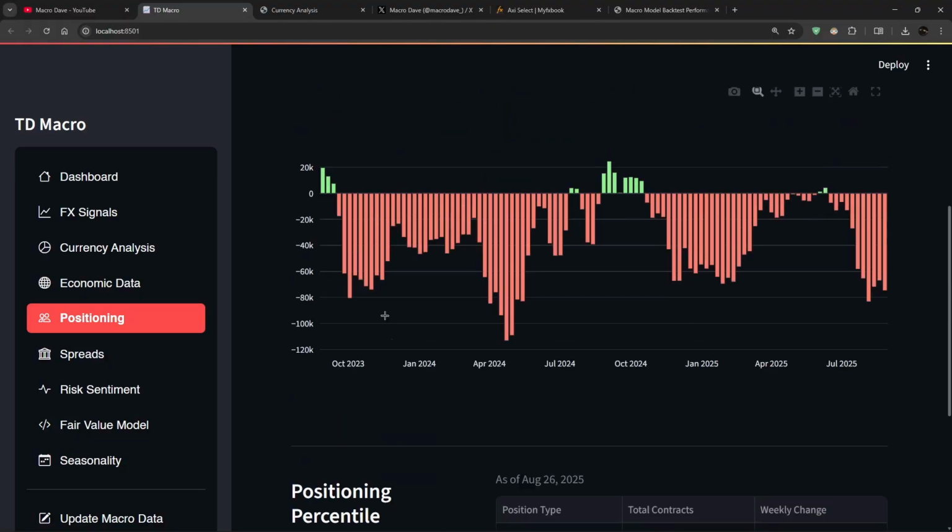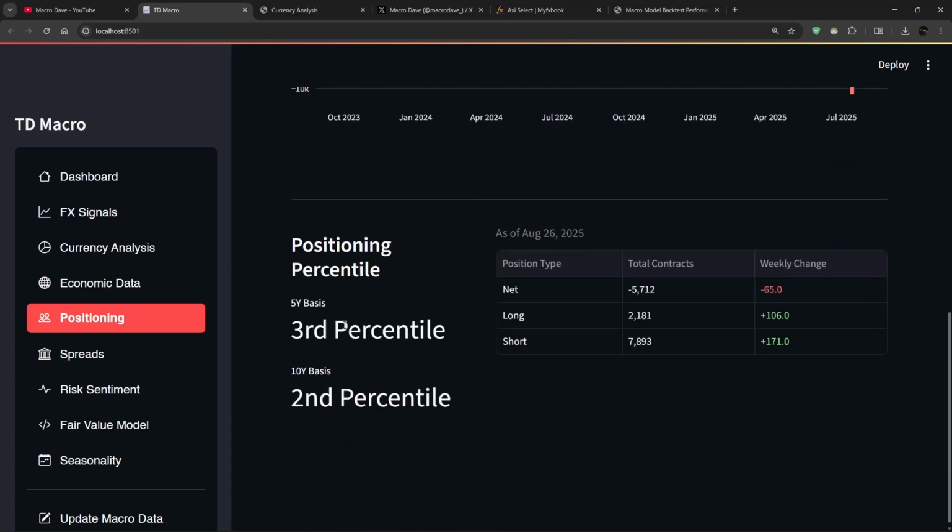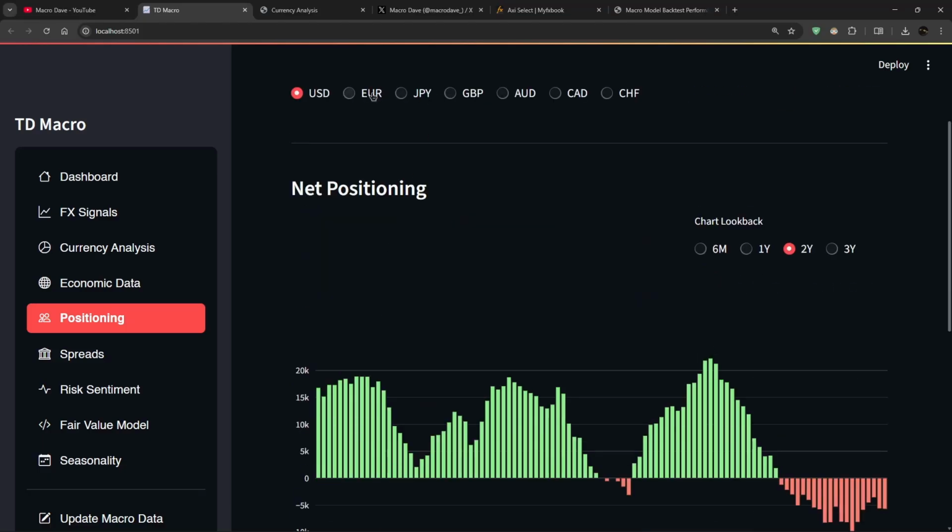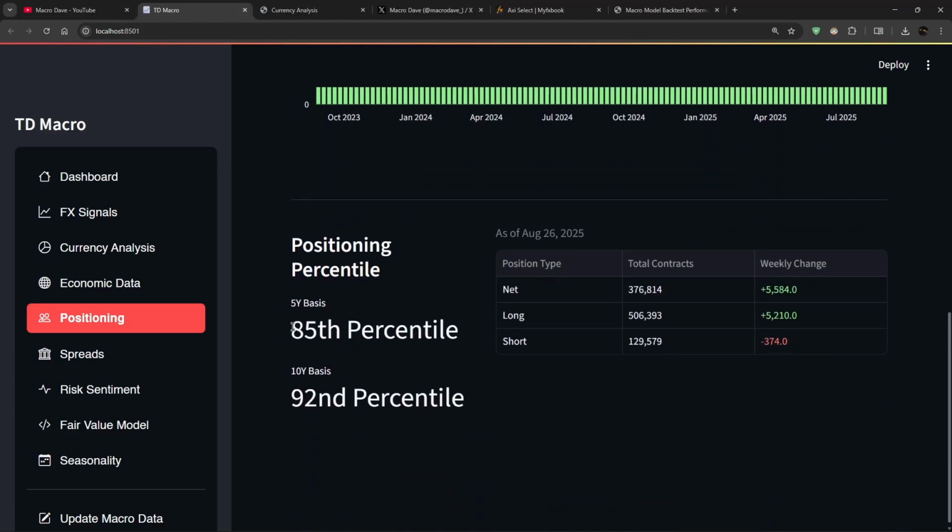14th percentile, very bearish. If we look at the US dollar, for example, currently in the past 5 years, the model is telling us that asset managers have only been more bearish on the US dollar about 2% of the time. So they are extremely bearish at the moment. This is what the percentile is telling us. If we look at something like the euro, on the other hand, institutional money is extremely bullish on the euro. They're in the 85th percentile on a 5 year basis and the 92nd percentile on a 10 year basis. So this is just a nice statistic to really see how